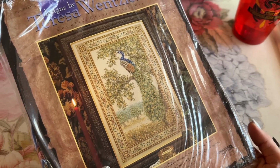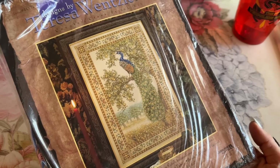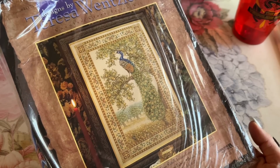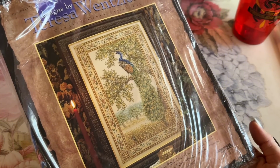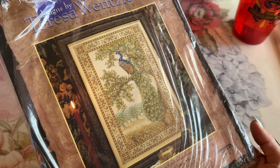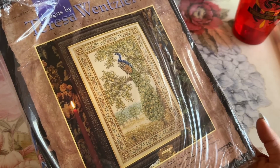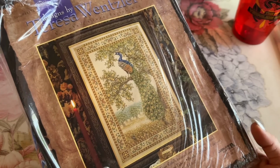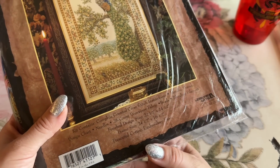Right now I'm stitching Lily Maiden by Teresa Wentzler, and I do participate in a style where lots of stitchers, we are sending our progress on the 1st of each month on any Teresa Wentzler projects. So Lily Maiden is the one that I'm stitching, but lots of girls stitching is this one. I think it's the biggest of her projects, and